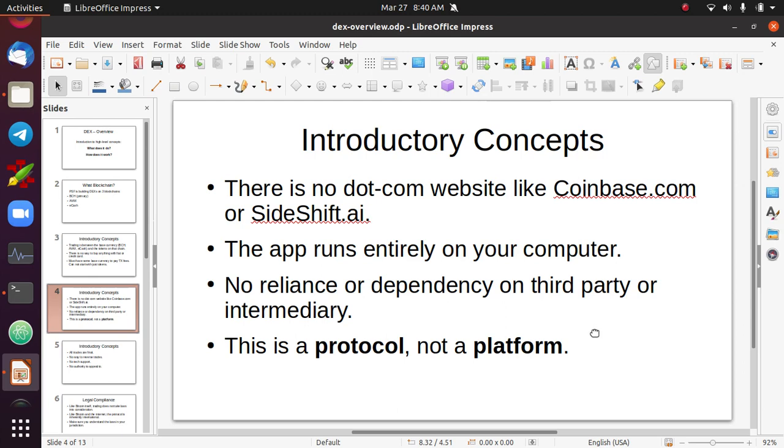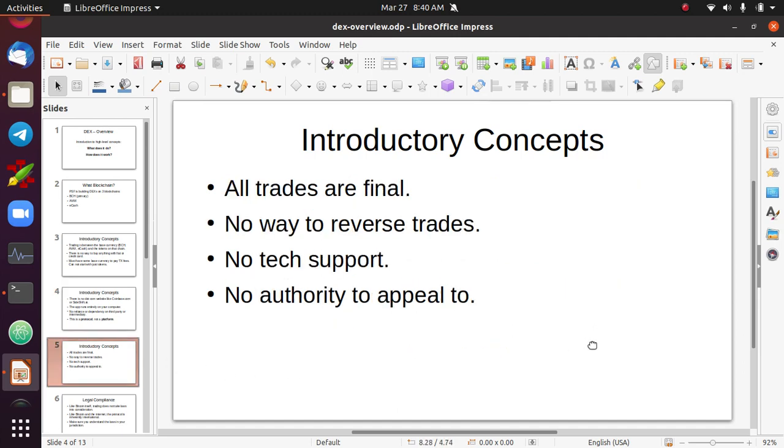So no one can ban you from using email. Gmail is a platform and they can ban you from their platform, but you can always spin up an email server on your own computer. So understanding the difference between protocols and platforms is really key to understanding how this works and why it works the way it works. Also, really good concepts to understand.